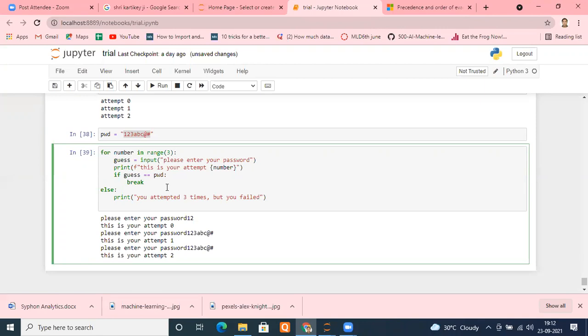Now understand each and everything, what is going to happen and when. This else will only be executed if this break is not executed. Remember that. Are you getting my point? This else is going to be executed if your break is not executed, means you have not left the loop midway. You have completed all the iterations. Only then this else will execute. If you were forced to leave the loop, that means break has been executed, then this else statement won't be executed.